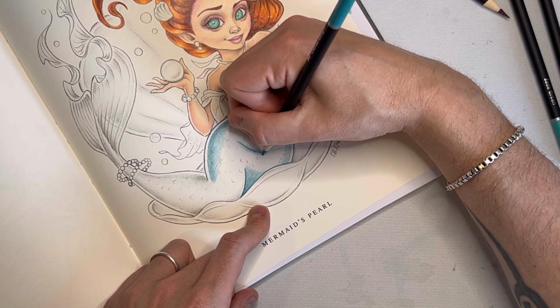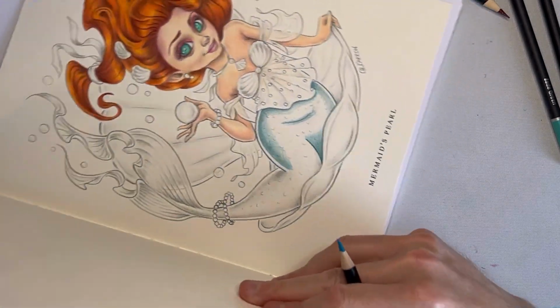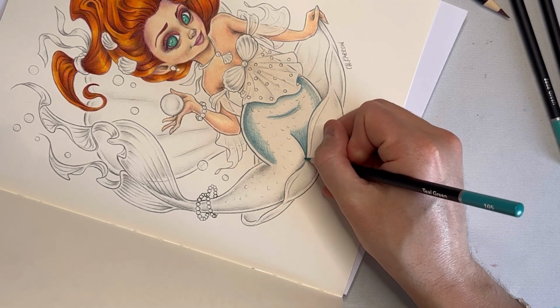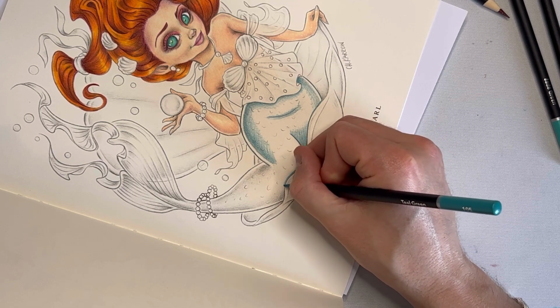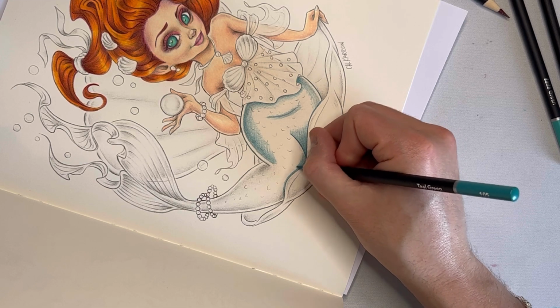And then hope it kind of works. I don't know. It's a nice colour this though. It just looks a bit washed out on camera. I don't know why my lighting lately has been a bit weird. I don't know if it's just because of the time of day that I've been filming, or